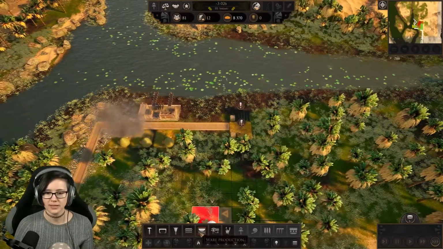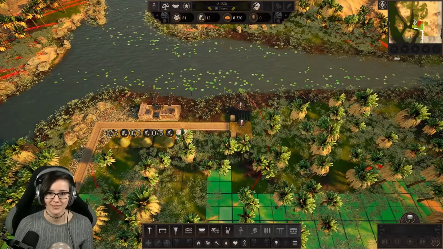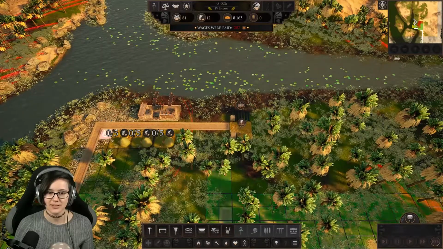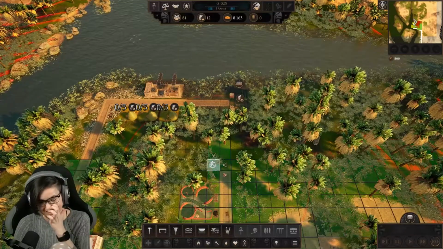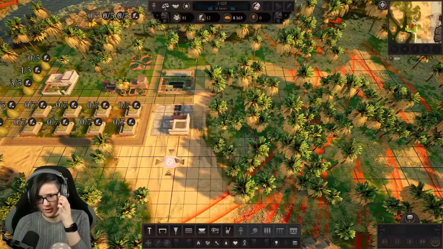I suppose I can build them here, and then we can get a well there as well. Huh? Why does that not work? I don't understand. Oh, here it's green. I see. Because...